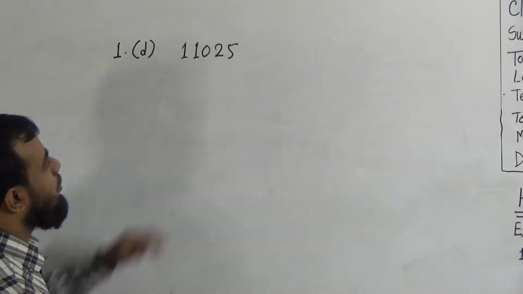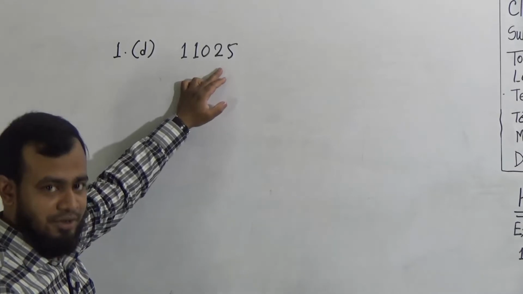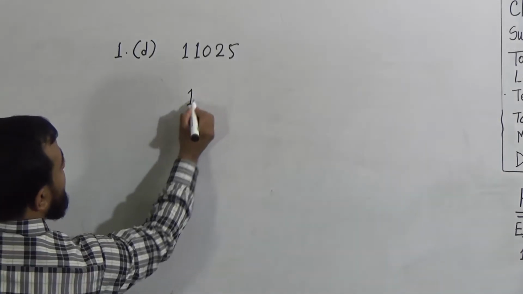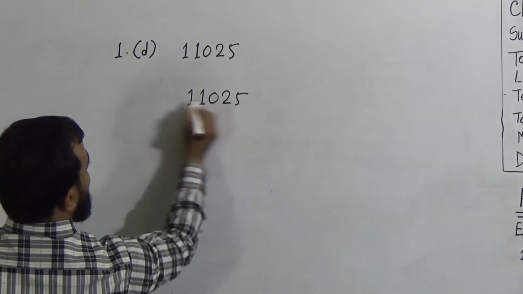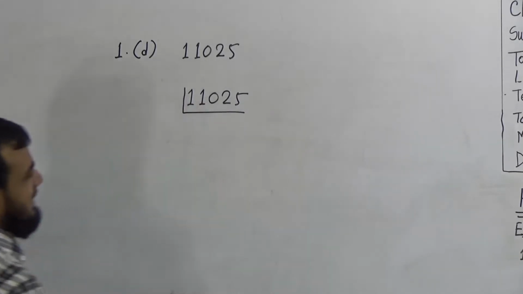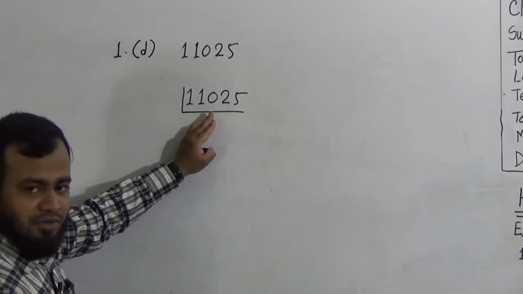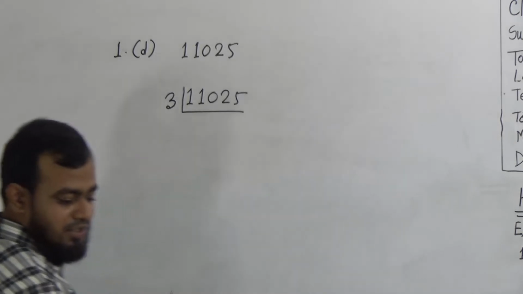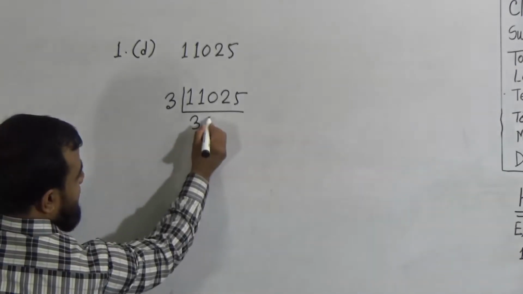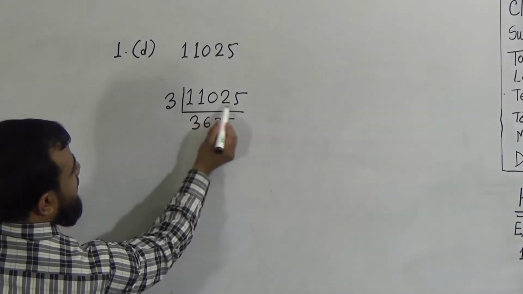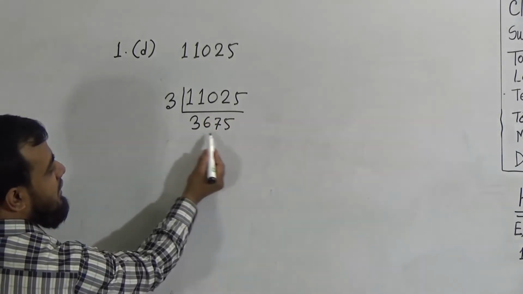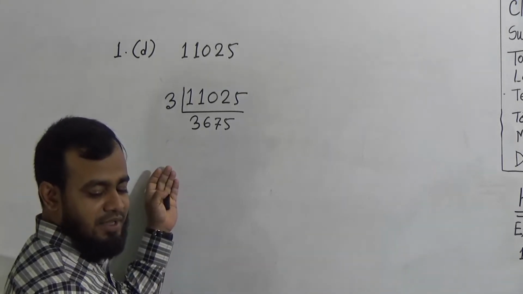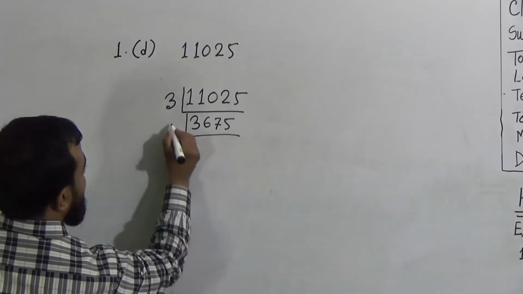My dear students, first of all we need to resolve this number in prime factors. So resolve this, it's 11,025. When we resolve this into prime factors, first of all we need to divide this by the prime number 3. If we divide it by 3, we will get 3,675. Again we can divide 3,675 by 3, then we will get